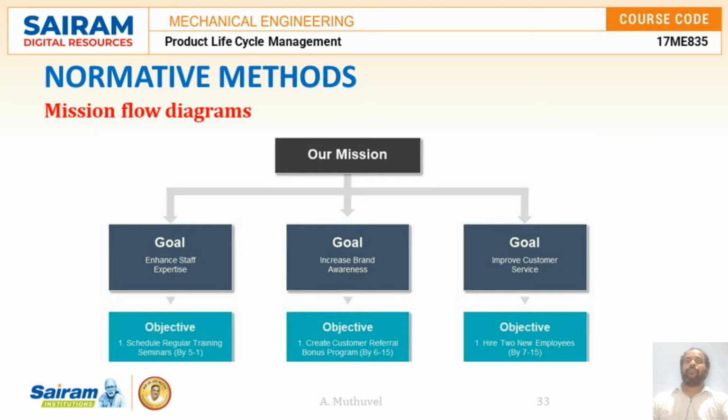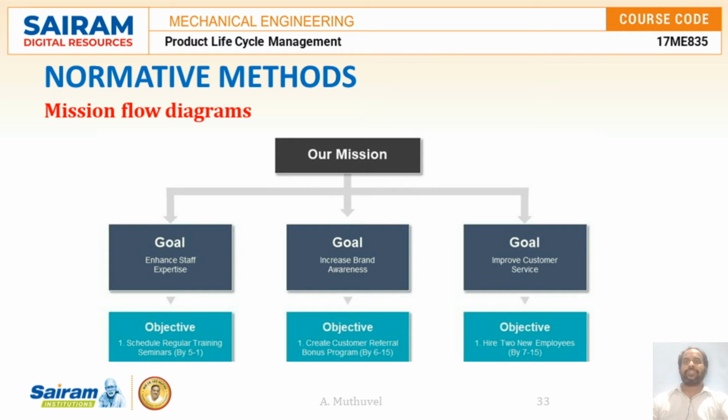And for brand awareness, they gave a lot of promotions as well as a lot of discounts to the customers, and they satisfy the customers with the warranty guarantee of the product. And for improving the customer service, they recruited a lot of employees as well as gave 24/7 communication service. So like this the objectives are achieved and through this the goals are also achieved. So by achieving the various goals the mission of the company is also achieved. That means each and every part is achieved.